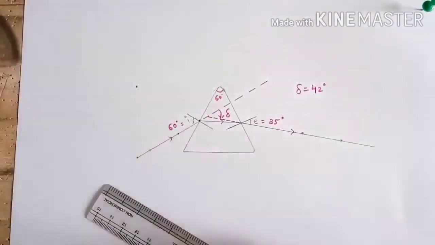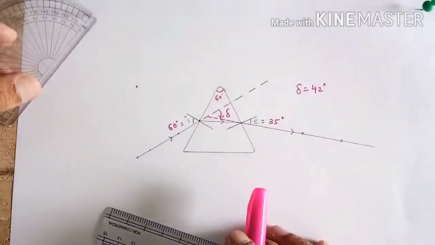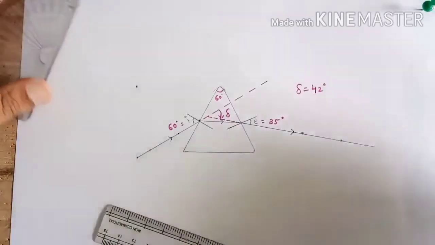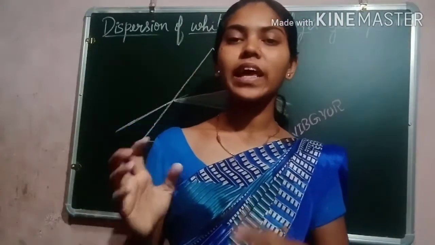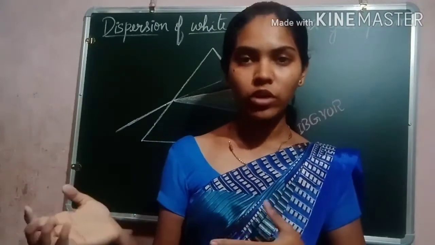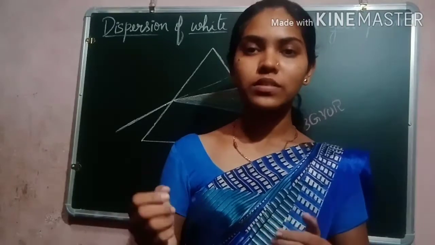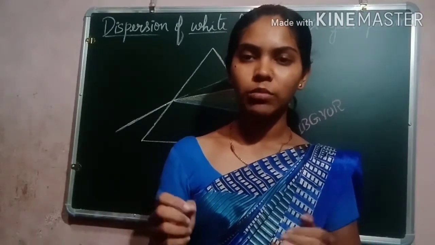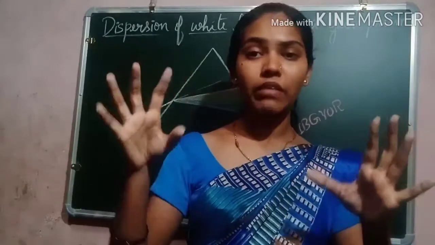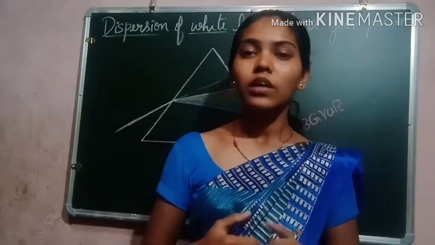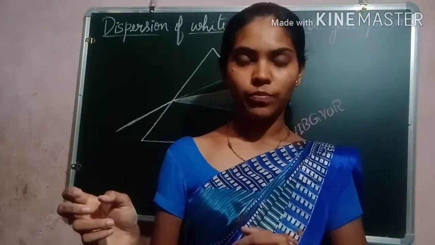So this was the experiment about the refraction through prism. Hopefully you have understood this. Rarely you can observe the rainbow in the sky. So how does the rainbow form? What is the reason for the formation of rainbow? And how do they obtain the 7 colors? We can see the 7 colors in the rainbow. So what is the reason behind the spectacular colors in the rainbow?